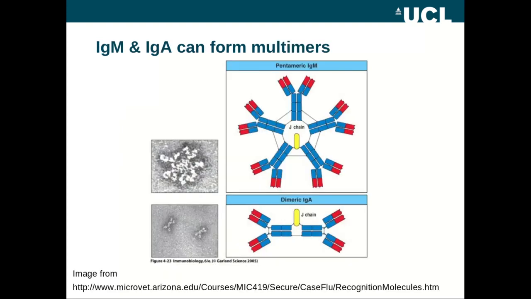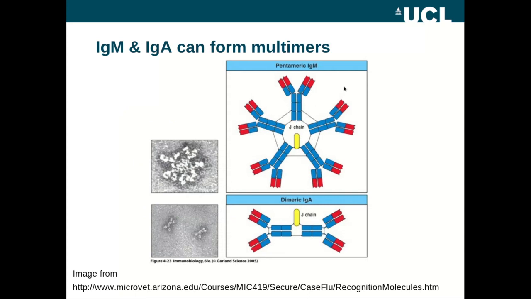Now, I mentioned that IgM is present as a cell surface receptor, but it's also present in the blood serum. When it's released into the serum, it actually forms a multimer. It forms, in fact, a pentamer. So remember that each individual IgM molecule,